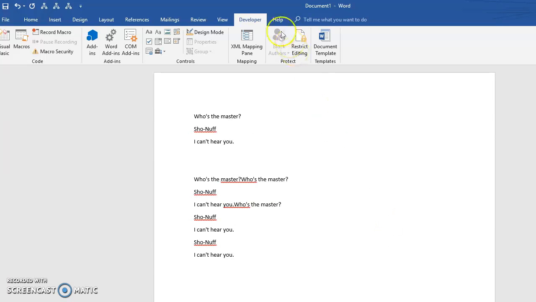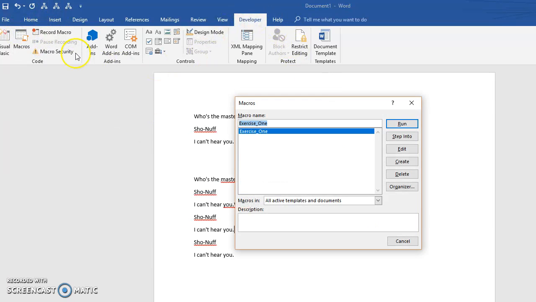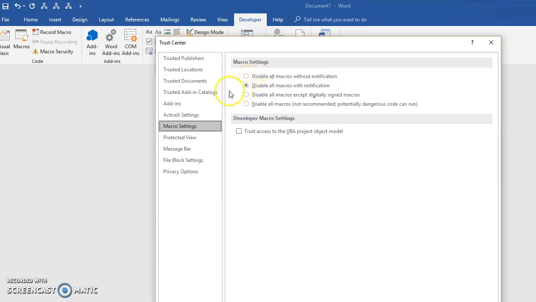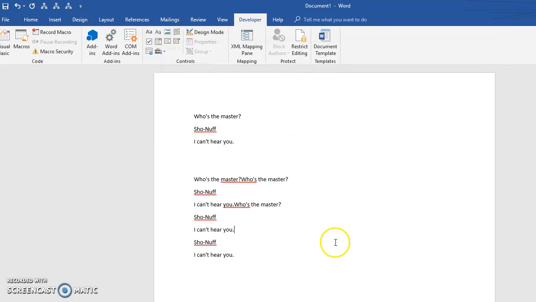That's when a prompt is given. Alright, as far as restoring macros, I'm gonna go ahead and click OK here, and then